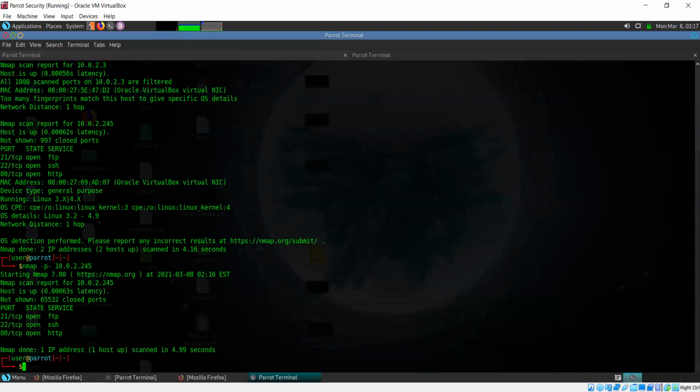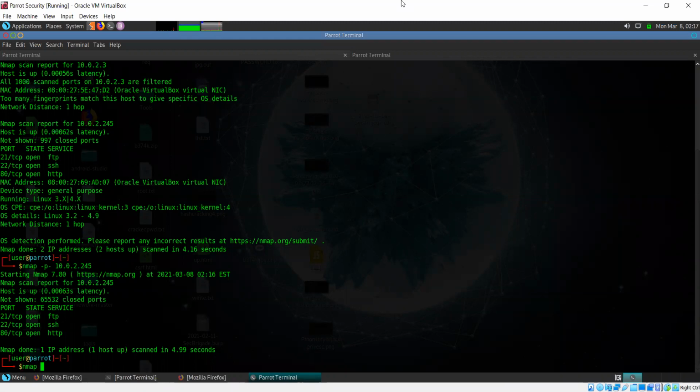Okay, so the scan report is back, and we can see that there are again just those 3 ports. The rest are all closed. We didn't discover any new open ports, but at least we can now be sure that we're not missing out on anything. Now I need to run a few more in-depth scans. So far, the scans we have run only tell us whether the ports are open or closed. Now we need to try and figure out a little bit more information about these ports and the services that are running on them.